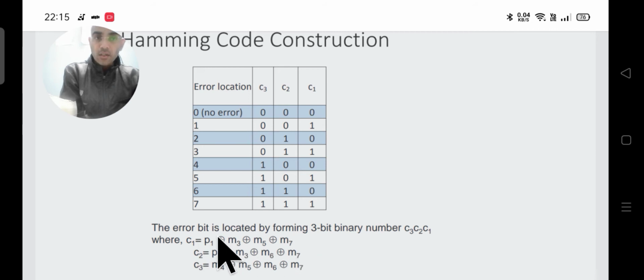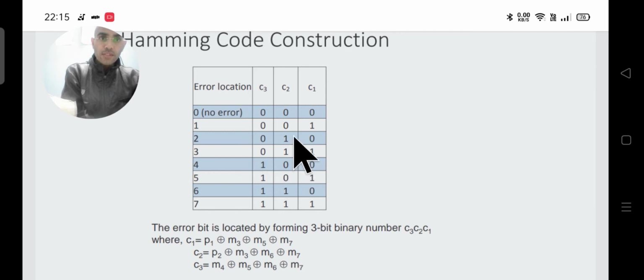Finally whatever you get, 1 or 0, note it down as C1. Similarly for C2 and C3. C2 will be P2 XOR M3 XOR M6 XOR M7. Similarly C3 will be equal to P4 XOR M5 XOR M6 XOR M7.